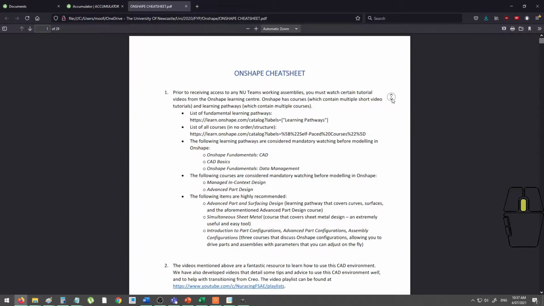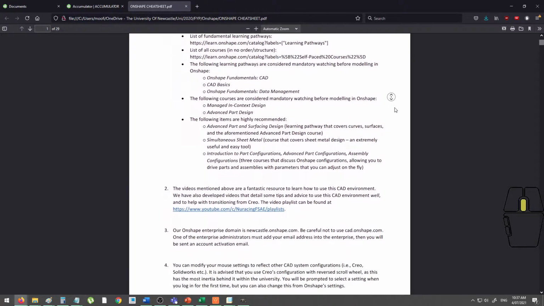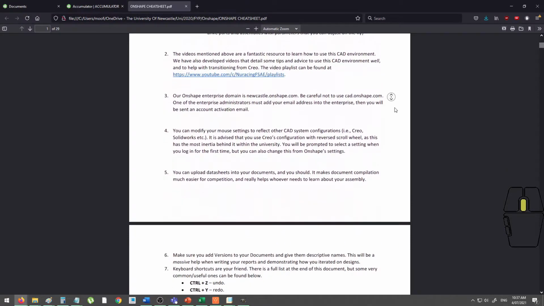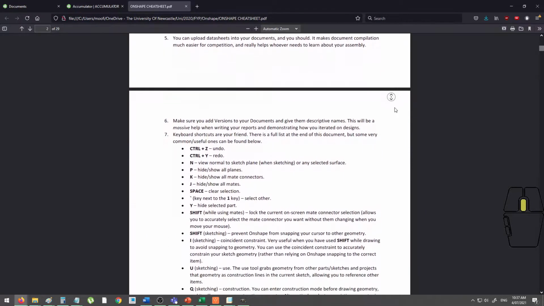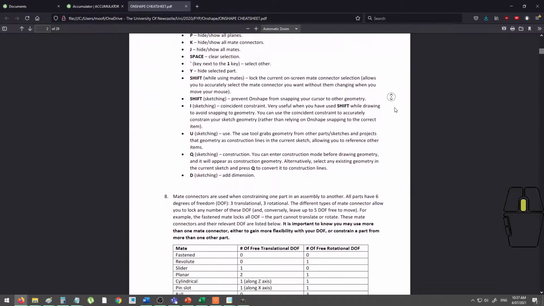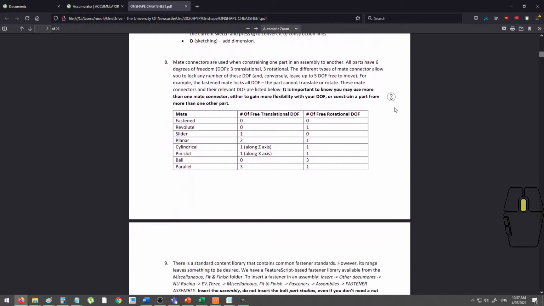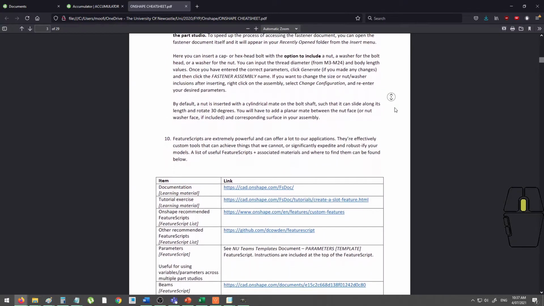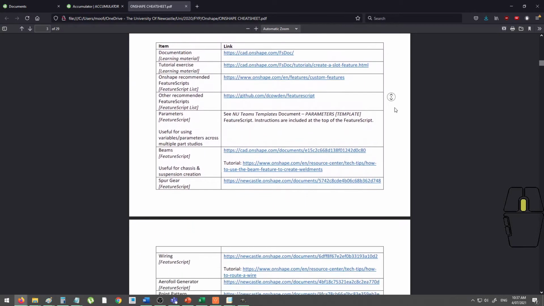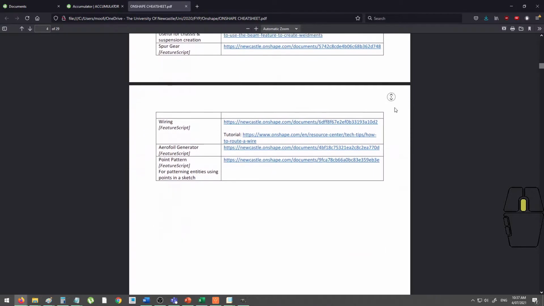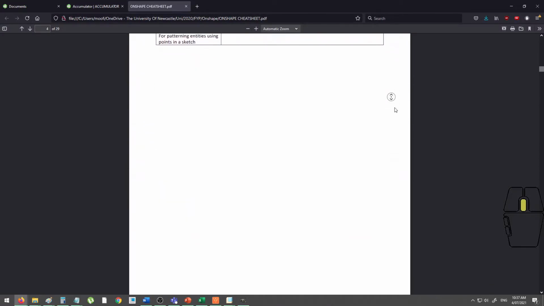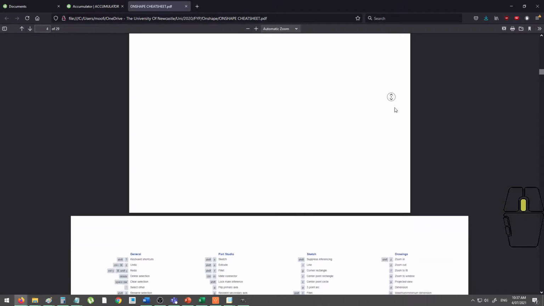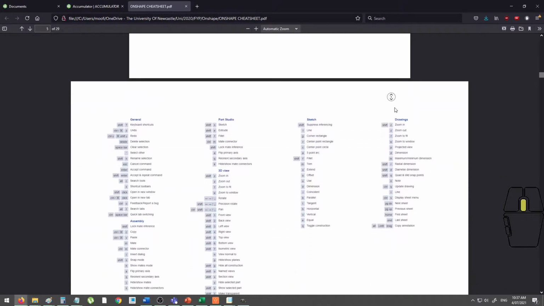There are a bunch of other tips here about setting up your mouse to be the same as what everyone at the uni is used to, uploading non-CAD files into your Onshape documents, best practices to help out your FYP reports, my favorite shortcuts, a mate connected cheat sheet, some instructions on how to use our fasteners system, some recommended features, as well as the full list of keyboard shortcuts provided by Onshape. So make sure you guys have a full read of this document, and we'll get on to the rest of